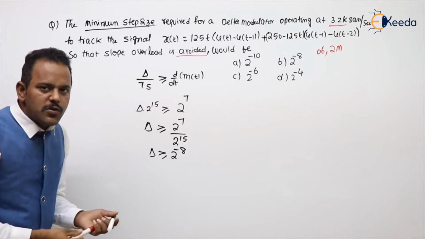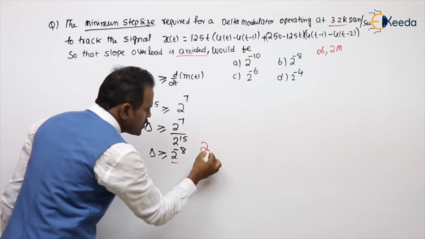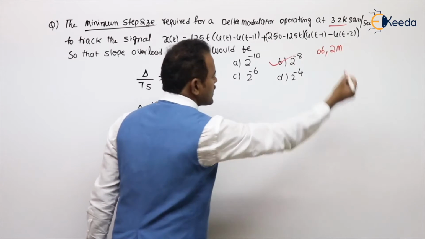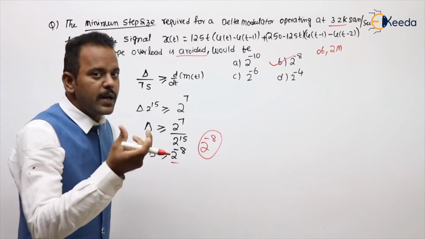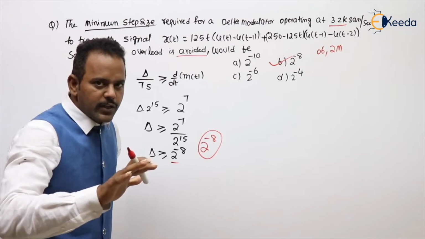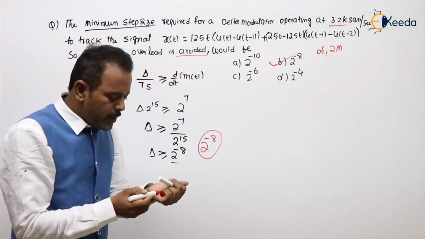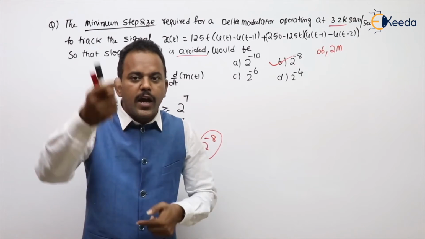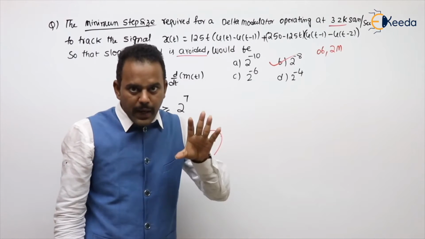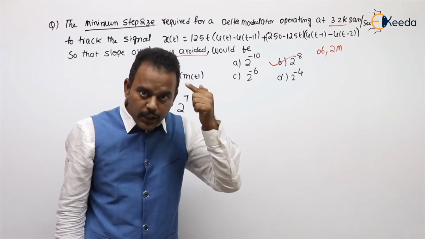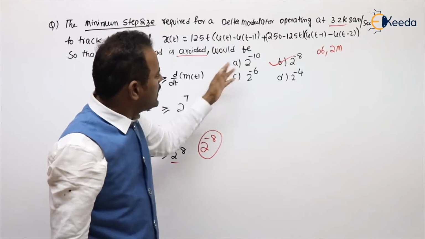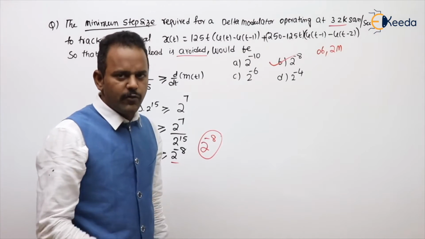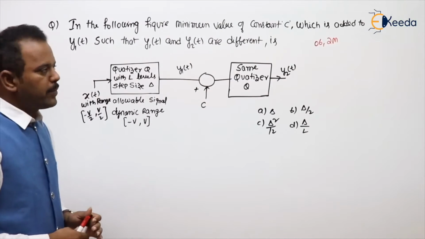What is the minimum value, sir? The minimum value itself is 2 power minus 8, sir. So see the options. Option B is correct. See how simply I solved. The main intention of giving all the GATE problems and why I am solving them is for you to understand the way of handling the problem. By seeing the options also, you need to think yourself. Approximately the options are there, then you can make it simple for 2 marks. See the next problem.